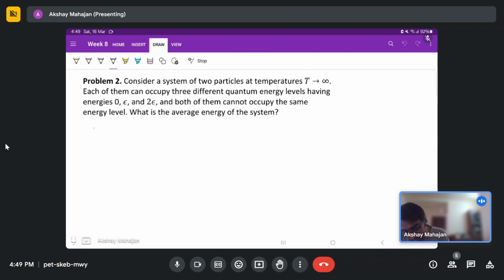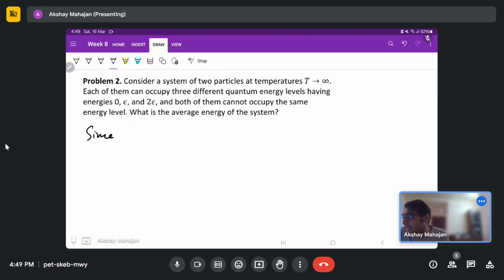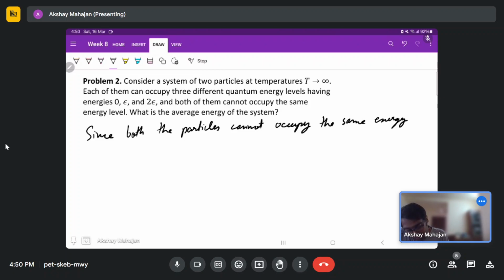Now, since both the particles cannot occupy the same energy level, and there are three energy levels,